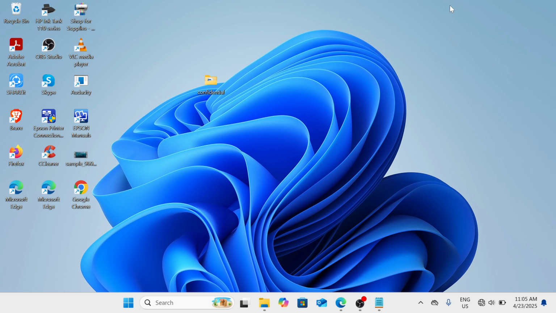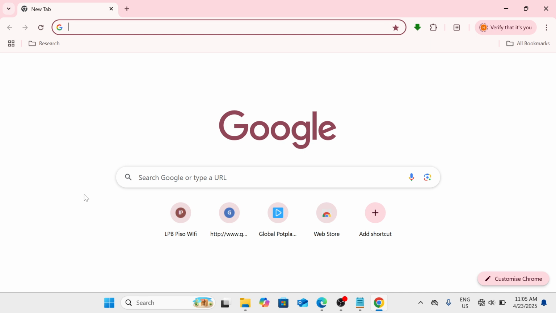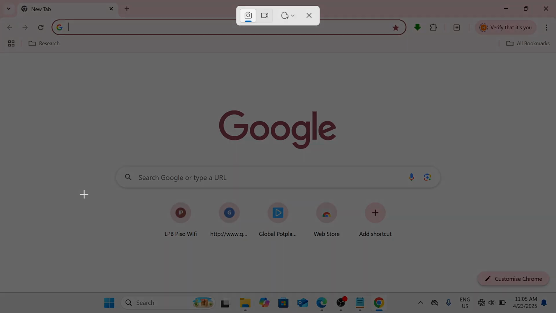And so for that, we will begin with first opening the tab or window that you want to take a screenshot of. And to do that, let me just quickly open Google Chrome. So for example, you want to take a screenshot here of the tab in this Google Chrome. And to do that, just simply click on the print screen key on your keyboard. Sometimes it is written as PRT SC. And then when you click on that, you will get this